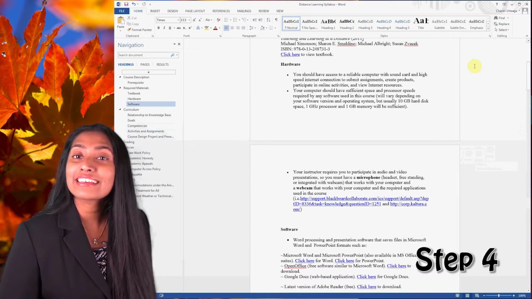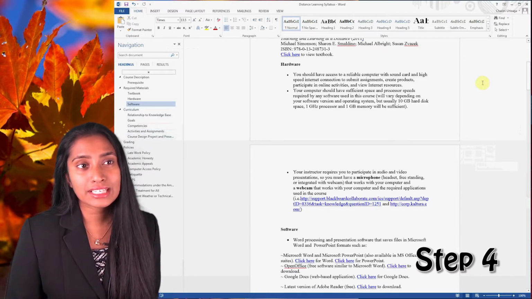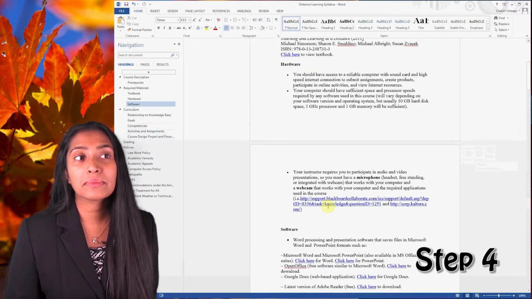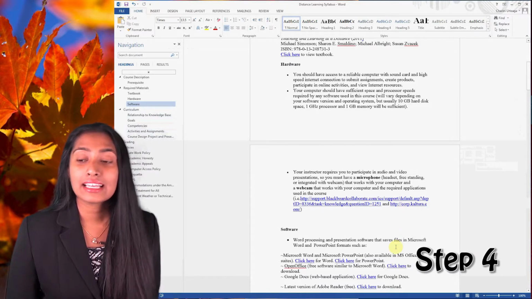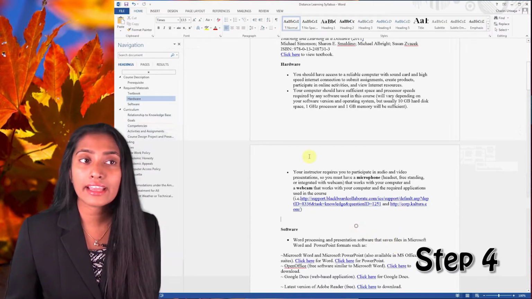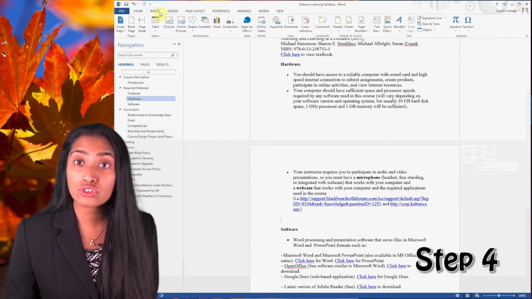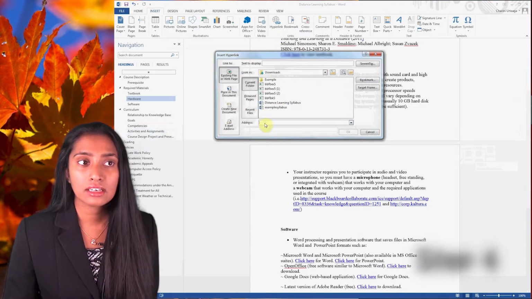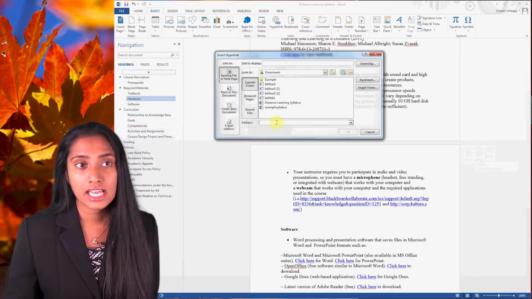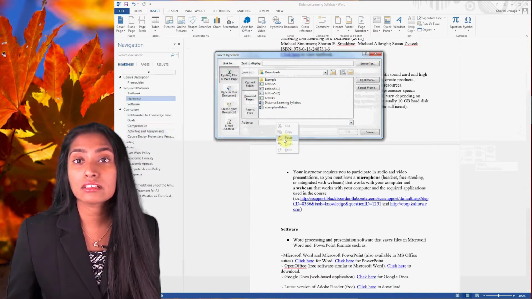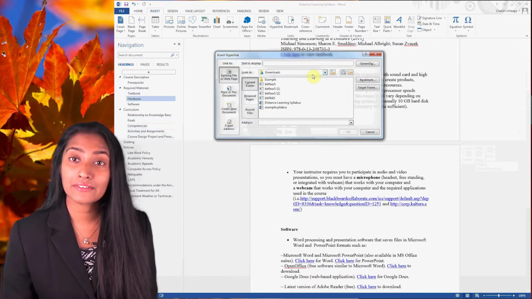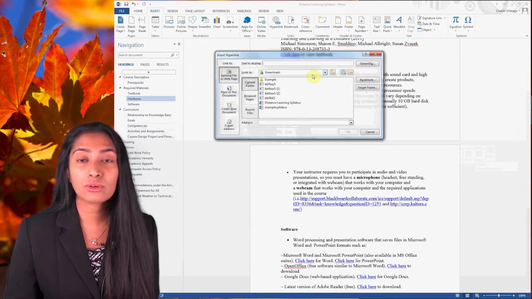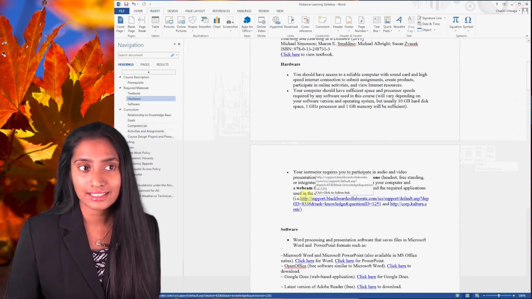The next topic is links. Avoid using "click here" or even pasting the whole link onto the document like this. Instead, if you want to enter a link, click on the Insert tab, Hyperlink, and paste the link here, and give a descriptive text to display. If you don't do this and leave it as it is, the screen reader is going to read it as